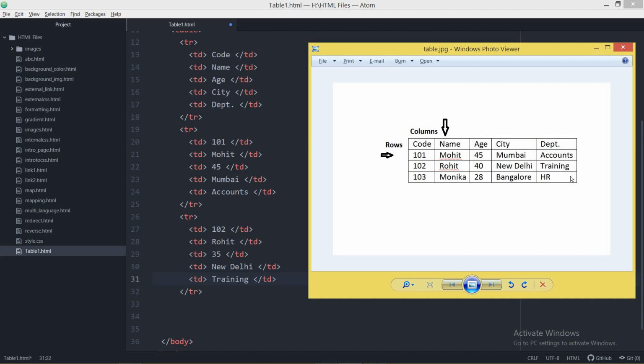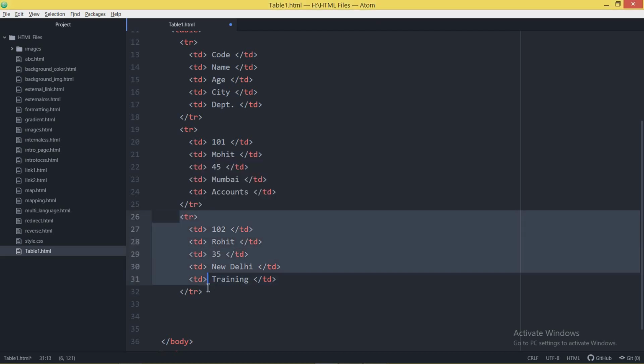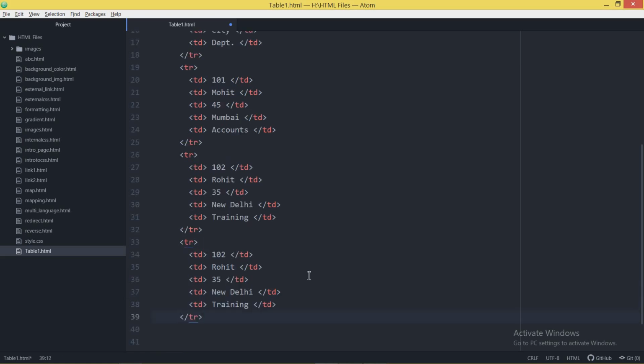I have one row left. Again I will copy this and paste it. If you don't want to copy and paste it, you can write it all out. I have just made one more row, and the data I want to set is this: this is the code, this is your name, this is the age, and this is the city I want.